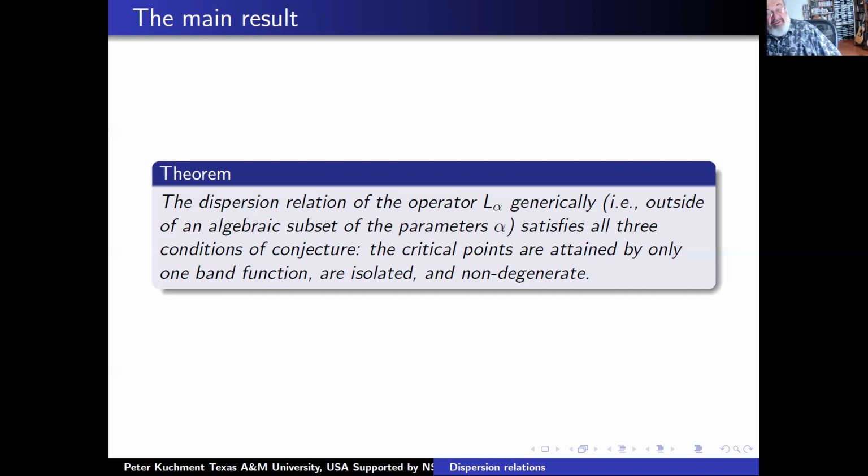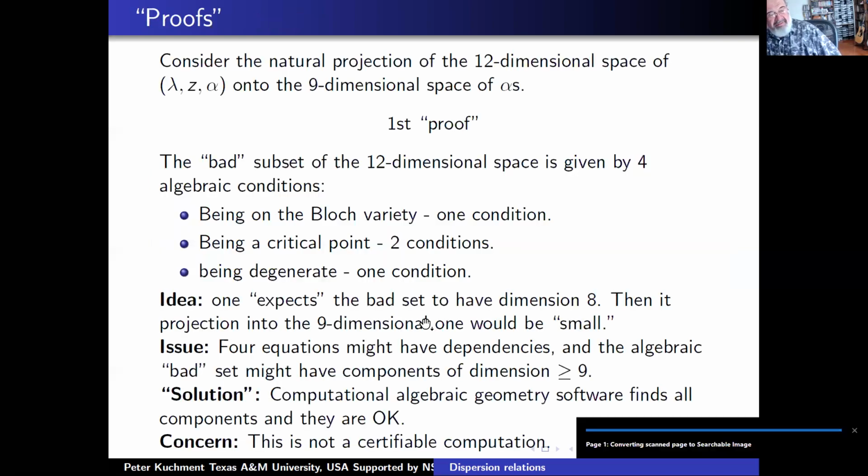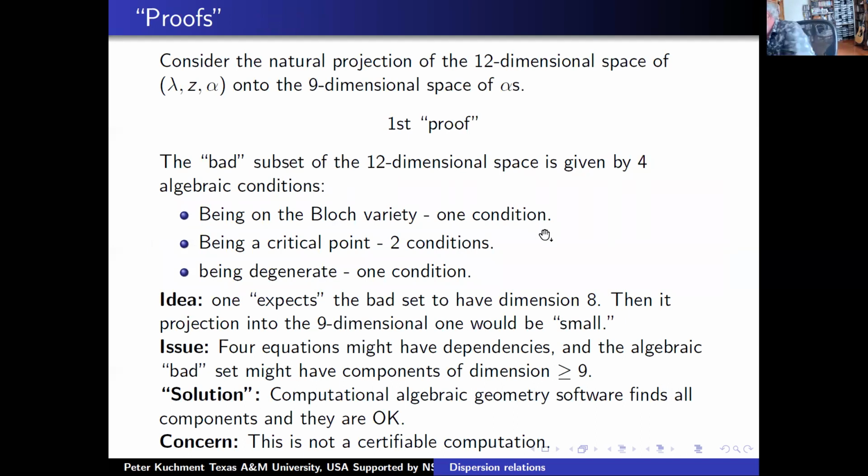So in spite of the Filonov-Kachkovsky example, where they have too little freedom, only 2-dimensional freedom, we have 9-dimensional freedom. I'm running out of time, but I will be able to sketch. We have 3 proofs, some of them proofs in quotation marks. The first proof